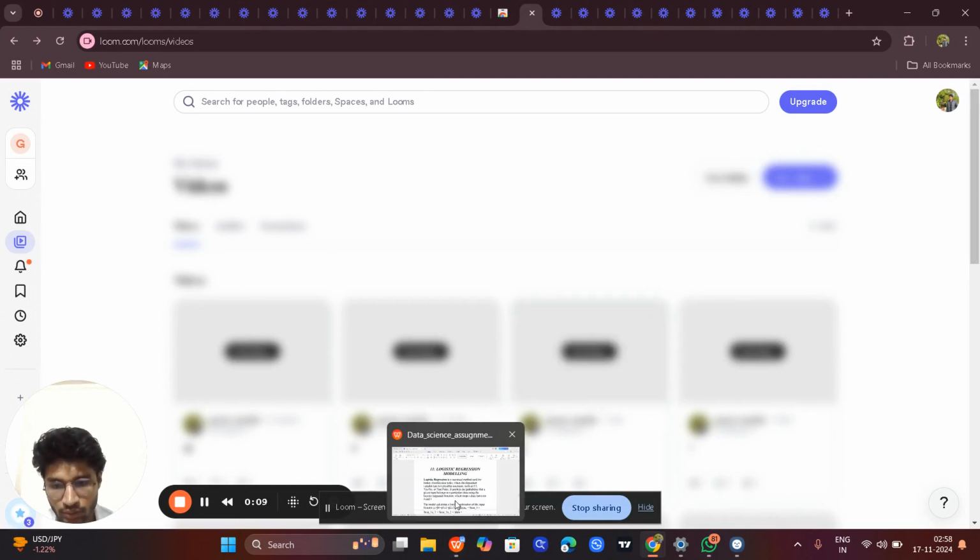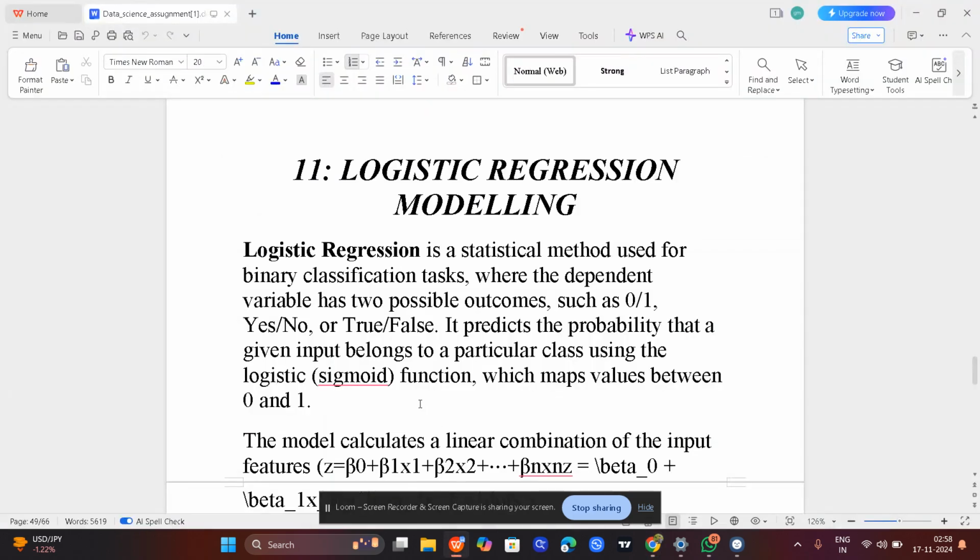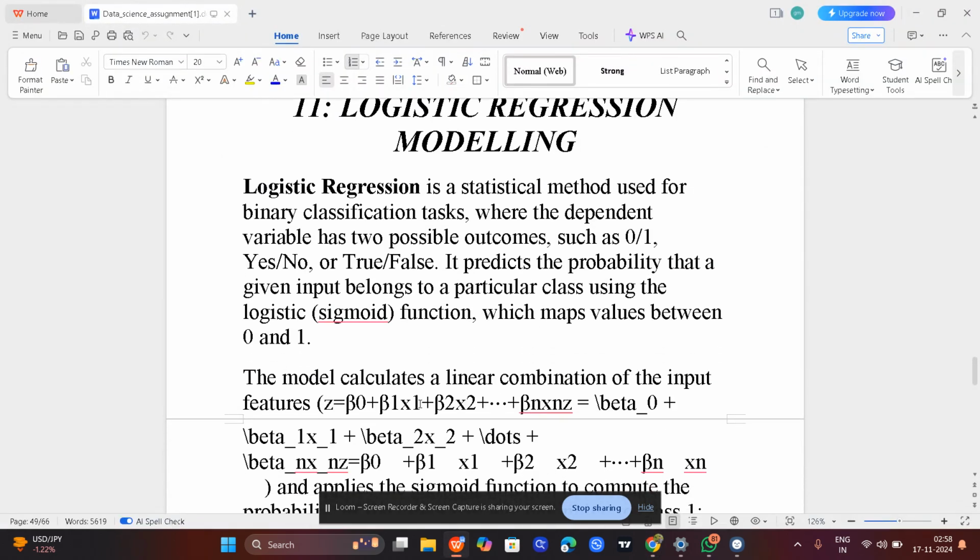And today our topic is logistic regression modeling. Logistic regression is a statistical model used for binary classification tasks where the dependent variable has two possible outcomes such as 0 or 1, yes or no, or true or false. It predicts the